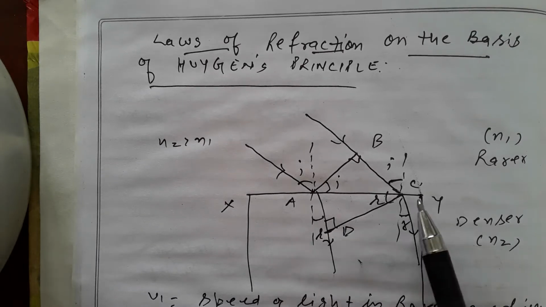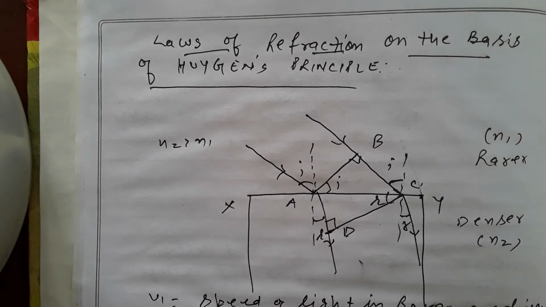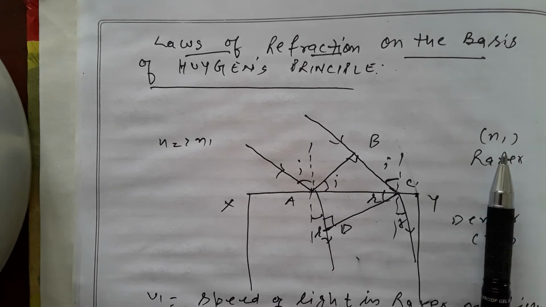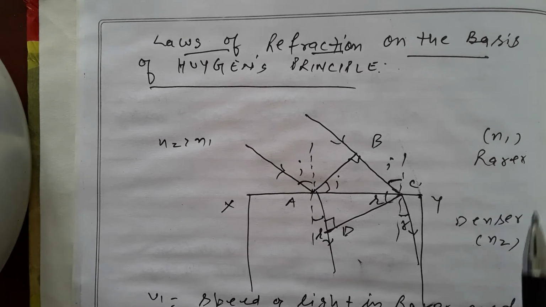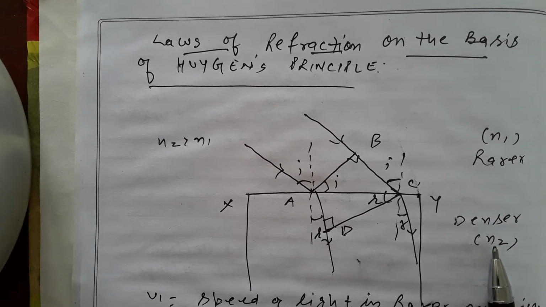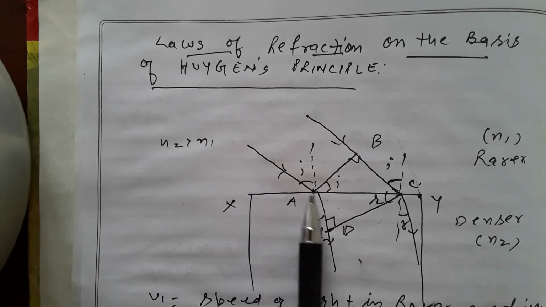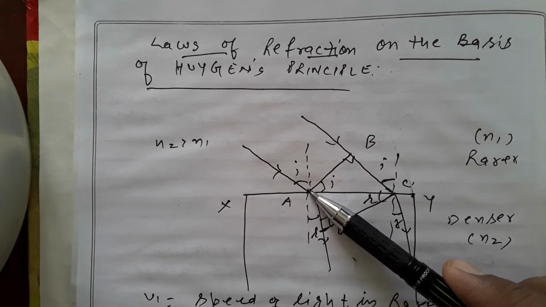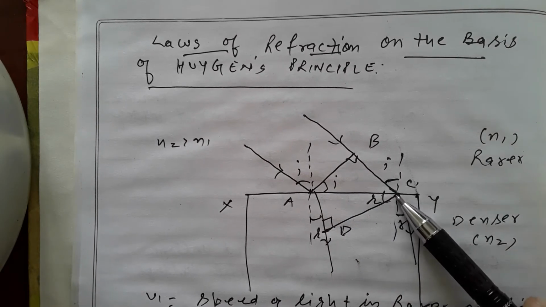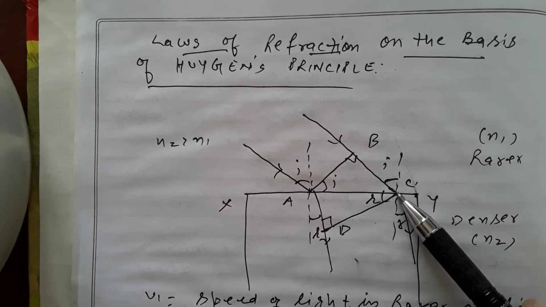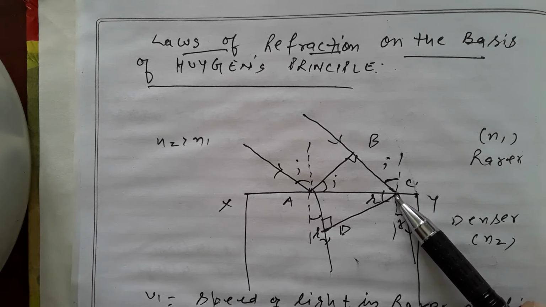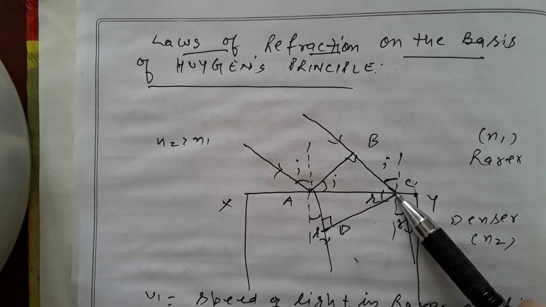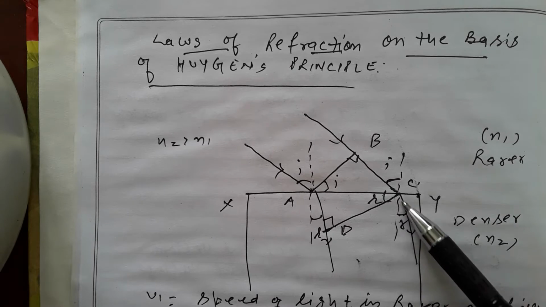Let XY be the interface which separates rarer and denser medium. n1 is the refractive index of the rarer medium. n2 is the refractive index of the denser medium. This is the incident ray of light. This is point A, the point of incidence. Point C is the point from which the rays get